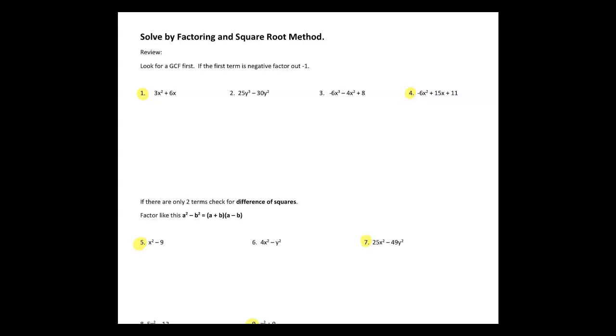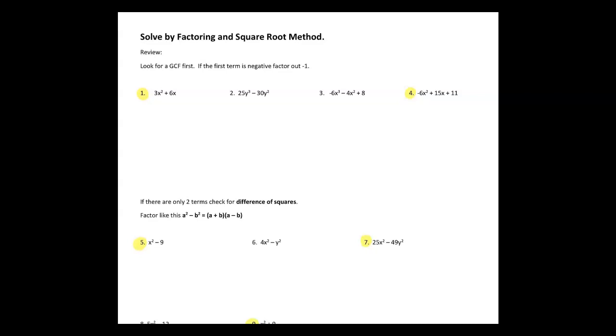Today's video, we're going to focus on solving quadratic equations by factoring. Before we start solving anything, I need to review with you how to actually factor. So there are several different types of factoring, and I've highlighted some of the questions on the first 17 problems